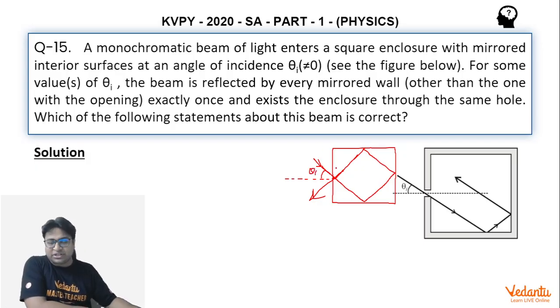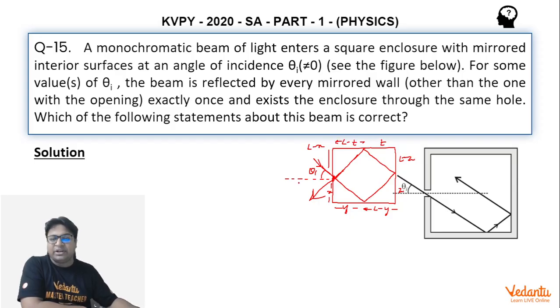So guys, let's try to solve this question. The question doesn't even mention whether this hole is in the middle of the wall or not, so we will not assume that. So let's assume this length to be x. Now, if this length is x, then this length will be L minus x, where L is the side length. Now, if this is y, this will be L minus y. Let's assume this to be z. If this is z, this would be L minus z, and let this be t. If this is t, then this is L minus t.